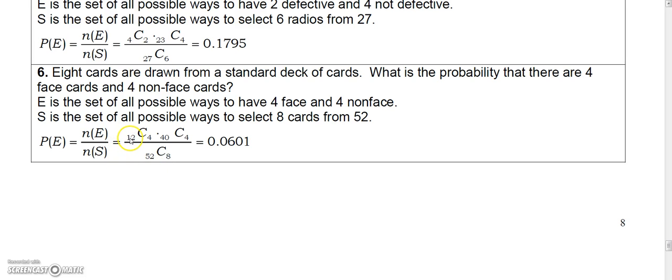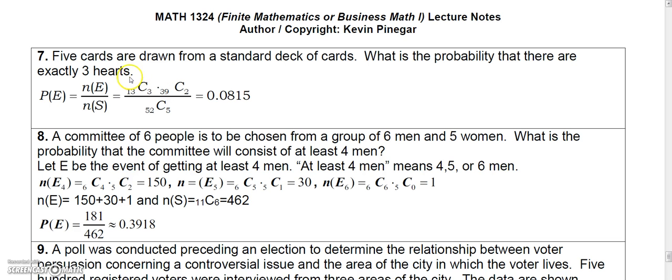Well, there's 12 face cards, and we want to choose 4. And then that means out of the 40 non-face cards, we would also have to choose 4. So if we multiply these two combinations together and divide by this combination, we'll get our answer: 0.0601. This next one basically says if you draw 5 cards from a deck, what's the probability that you get exactly